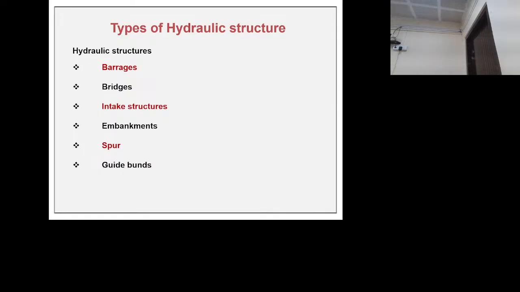Suppose the river width is 3 kilometers here, and if you calculate the waterway, it will come to around 575 meters. We are giving a waterway of only 575, and the rest of the whole width we are closing. Water comes only through this portion. So for this, we are designing guide bunds